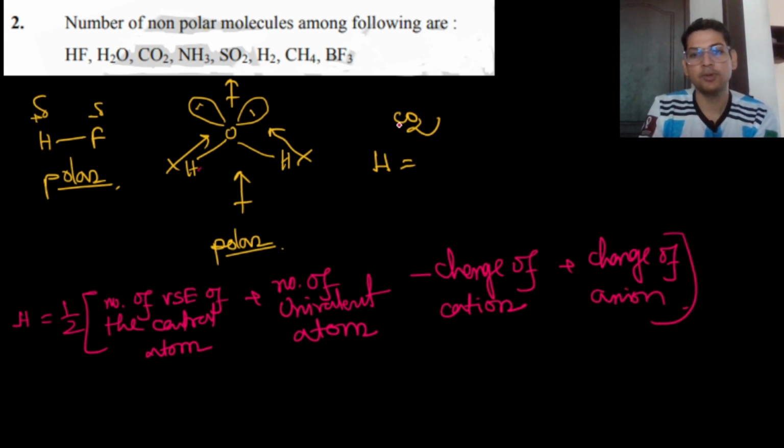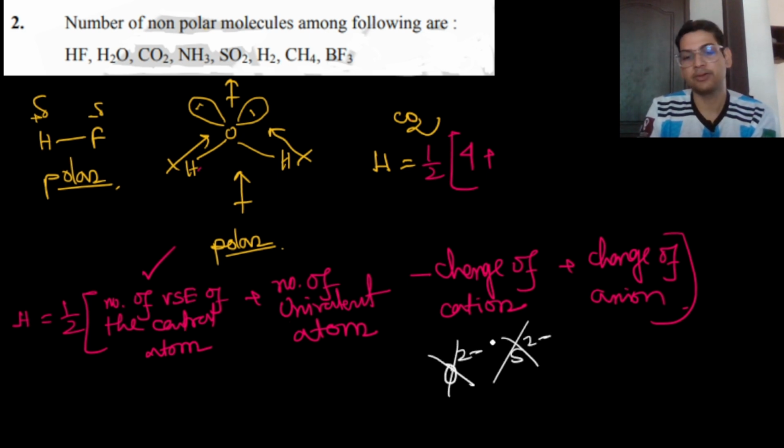Now for carbon, the number of valence shell electrons is 4, plus univalent atoms. Oxygen is univalent? No, oxygen is not univalent. Oxygen is bivalent. Sulfur is bivalent. You cannot take that. What you can take, say, H plus, Cl minus, Br minus, I minus, they all are